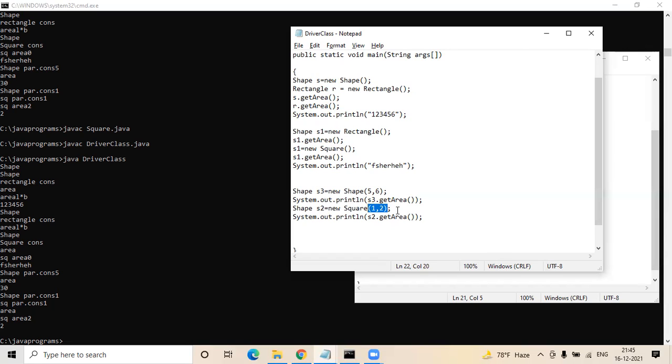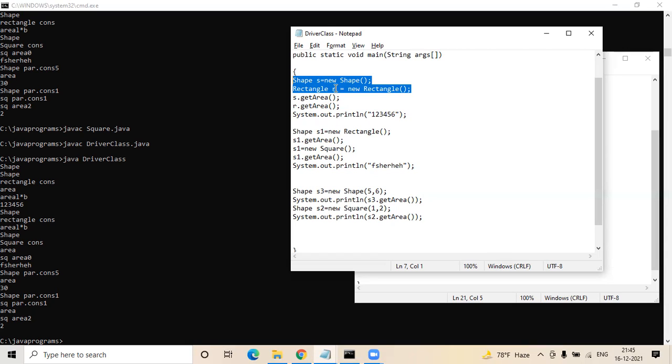That is what we saw initially when we created this object, right? When we invoked the rectangle, we had the default constructor and the rectangle constructor printed. In the rectangle, it printed both parent and child default constructors. In a similar way, for Shape s2 equal to new Square, inside the parameterized constructor of Square, if I don't call the super of the parent, will it still print the parent parameterized constructor, right? Yes, actually, even though we don't invoke it with super, it will still call the parent parameterized constructor.